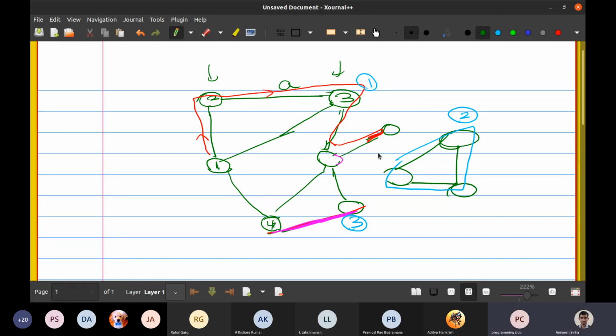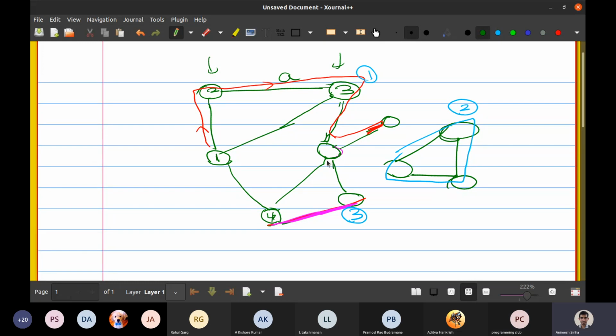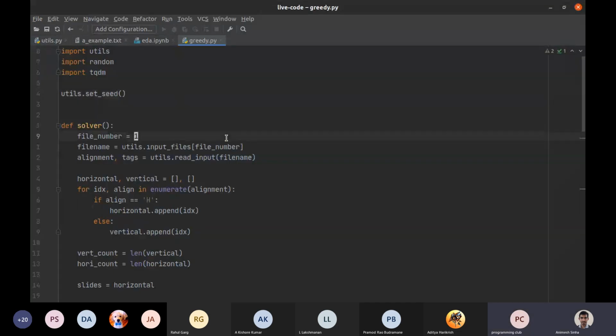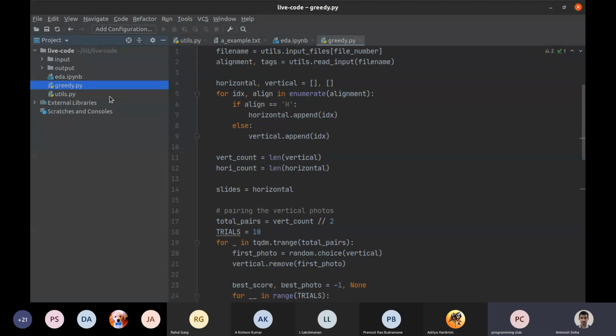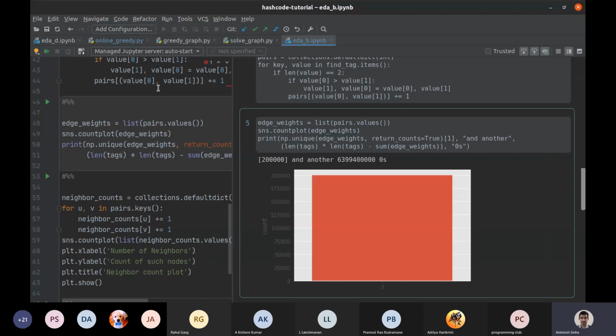Right. So yeah, and what is the human way of approaching these loops? You want to just find the longest paths. And it's okay to try to just find a really long path, as long as you can keep going, just keep going and wrap up all of those vertices and then break and then come back and then start from somewhere else and keep on doing this. This is the naivest way of approaching this problem. I hope that's okay. And for this, let's come to our solver in our official code.